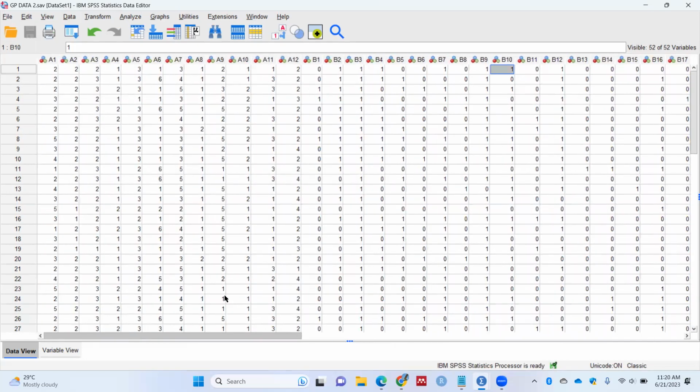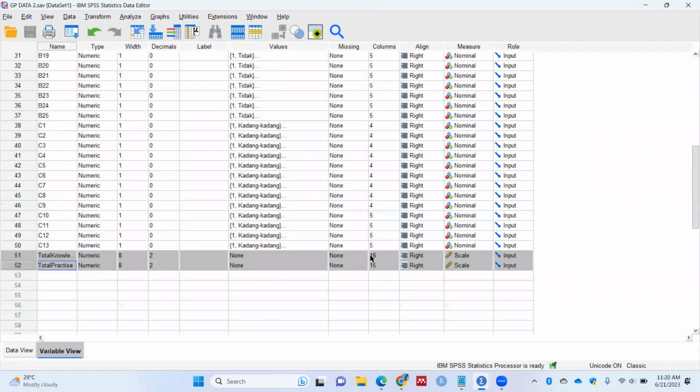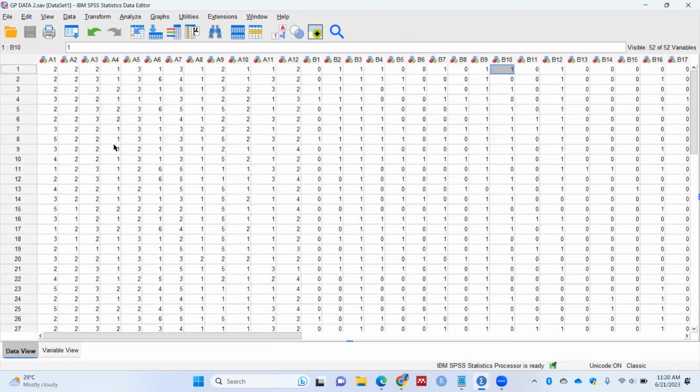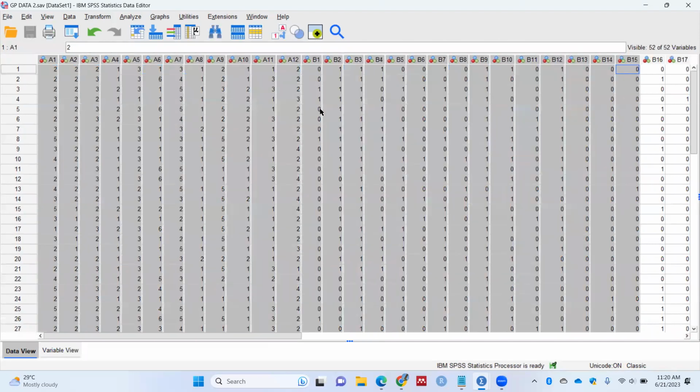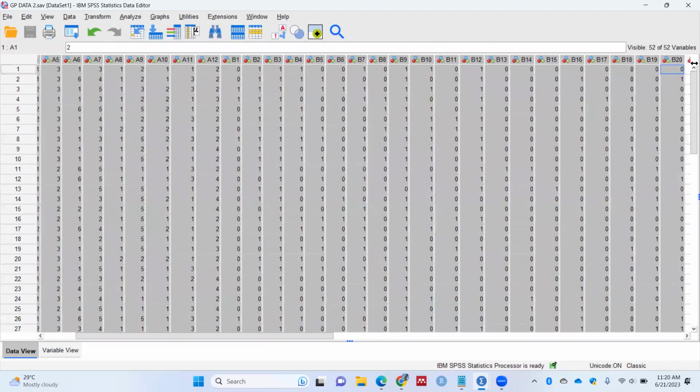So first step before we do analysis, what we need to do is we want to explore the data, whether the data having missing value or outlier, what is the maximum minimum value, right? But in your case, you have all nominal data, right? You don't have any numerical data, right? So all categorical data. So what we can do is we can highlight everything, or this is the first way to do lah. Highlight everything until